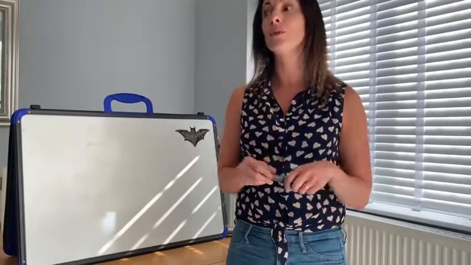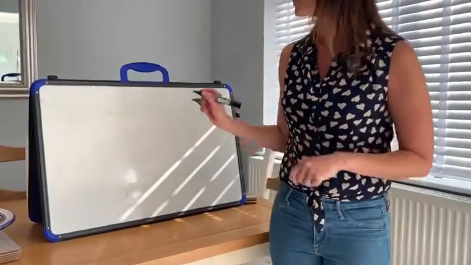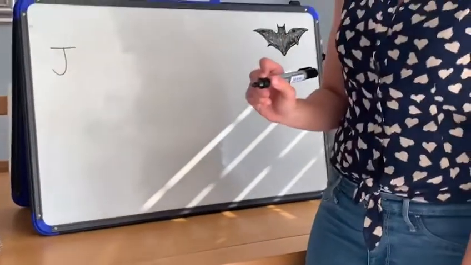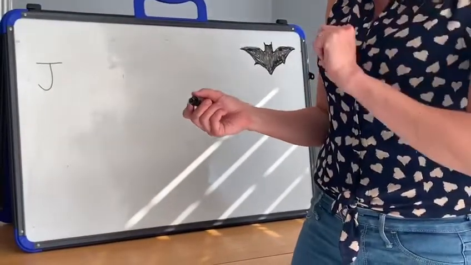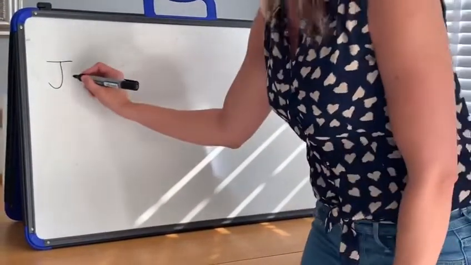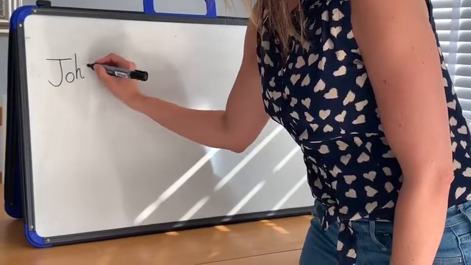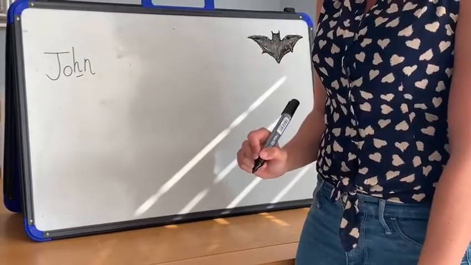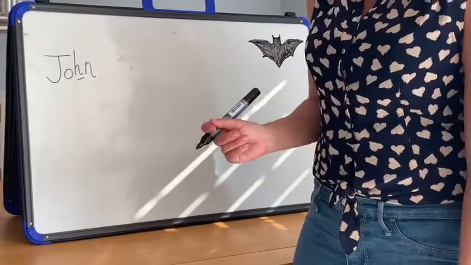I'm just going to leave you with my silly silent H sentence. And I'm going to start my sentence with a capital letter, because although it's a silly sentence, it still needs a capital letter. And I'm going to start with John. The name John has a silent H in it, doesn't it? We don't say hi, John. We say